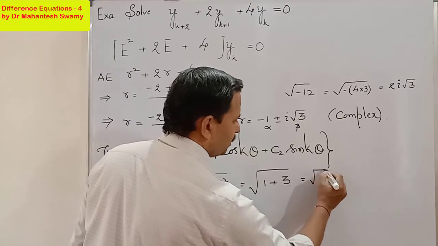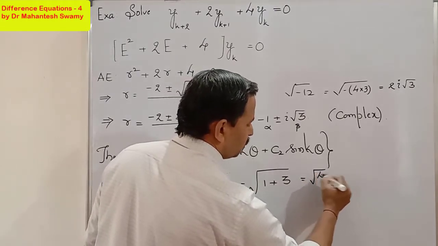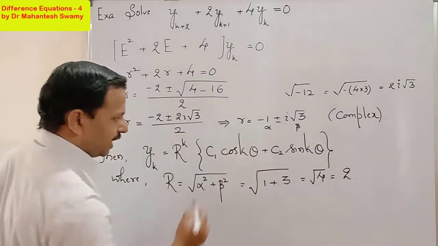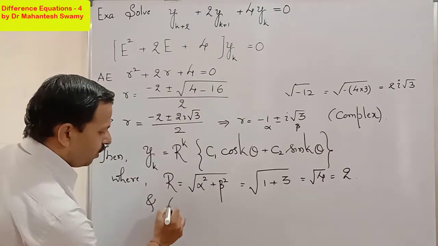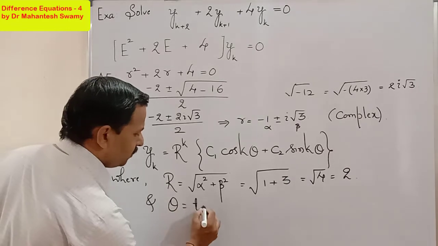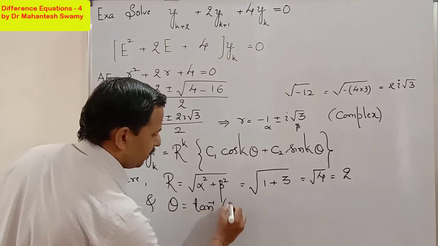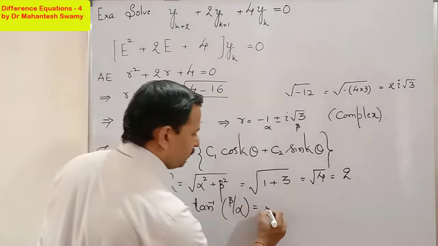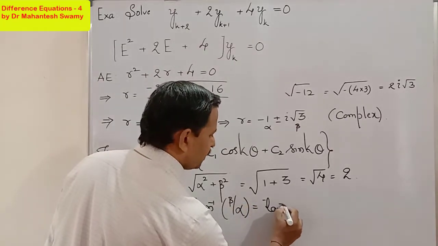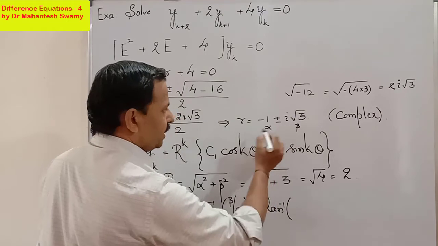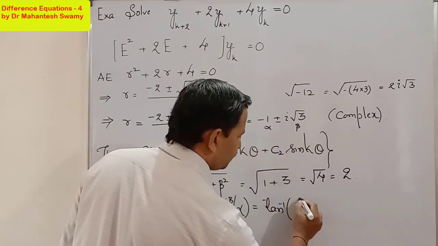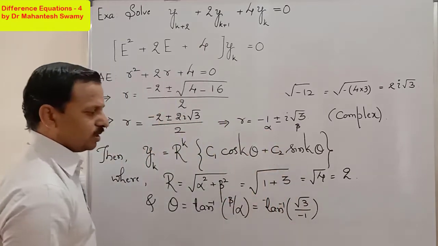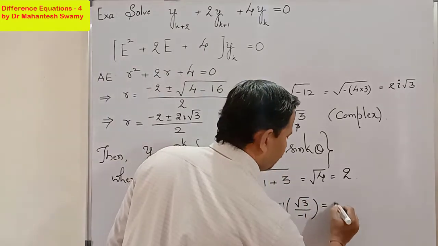So 1 plus 3 is root 4. Now root 4 is 2. So the value of capital R we got as 2, and the value of theta is tan inverse of beta by alpha. So it is equal to tan inverse of beta. Beta here is root 3 by minus 1. Alpha is minus 1. So it is tan inverse of